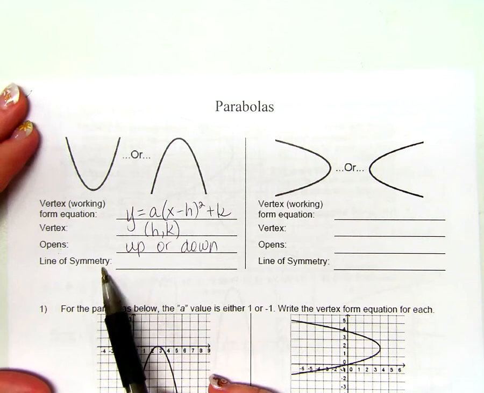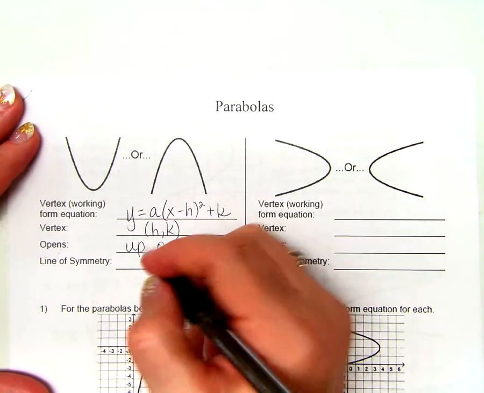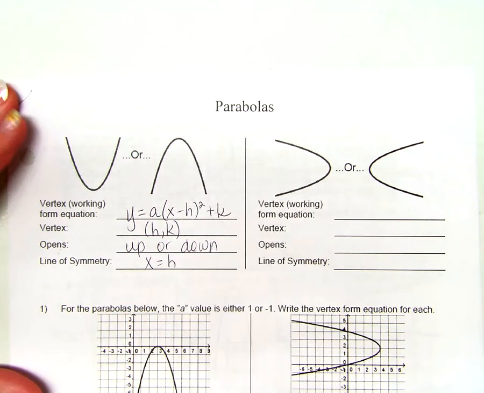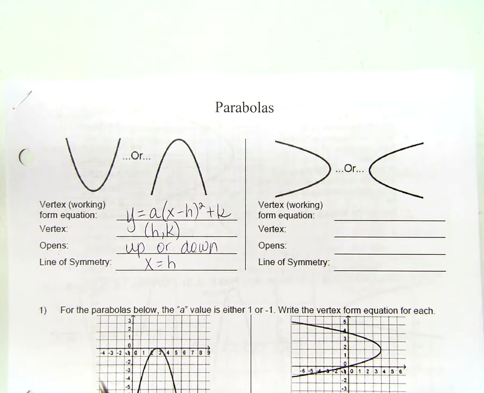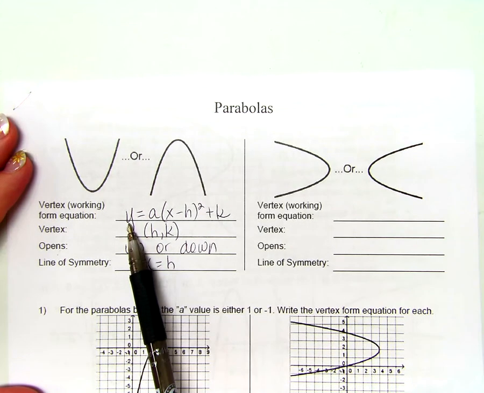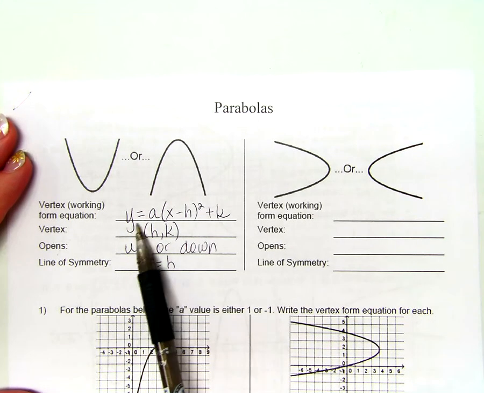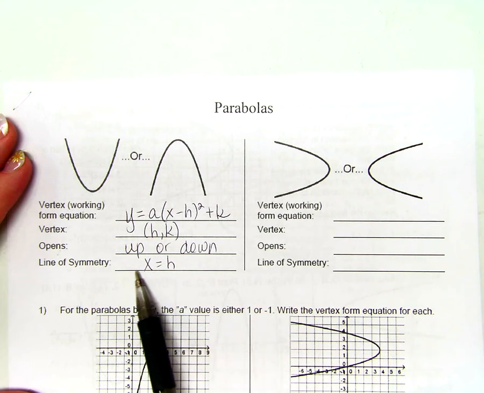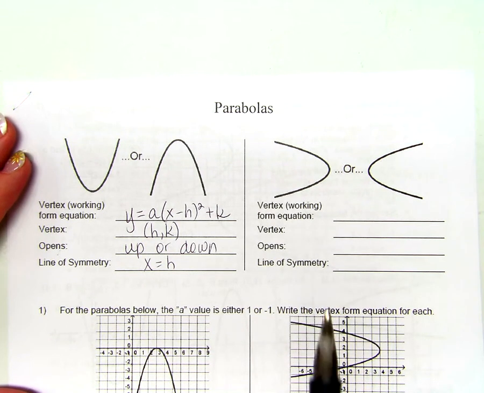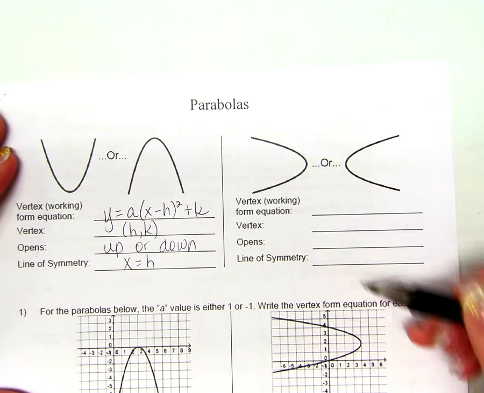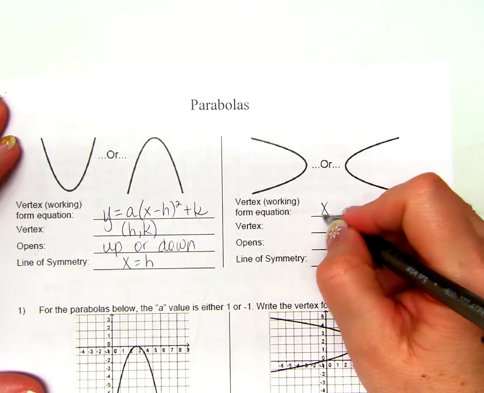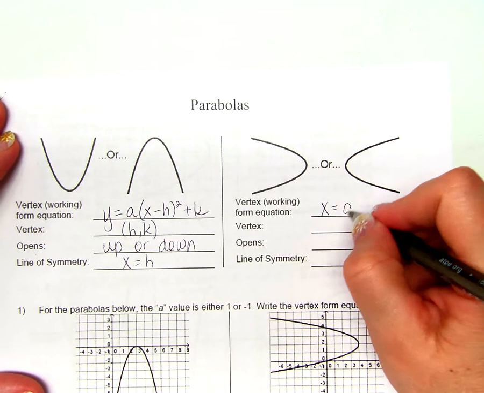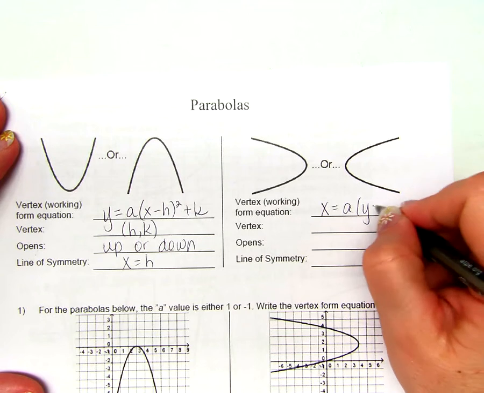Okay? So where's the line of symmetry? X equals h. How are you going to remember? What's the equation? Y equals? What's the equation of the line of symmetry? X equals. Does it work that way over here? What's the equation? X equals a times y minus k